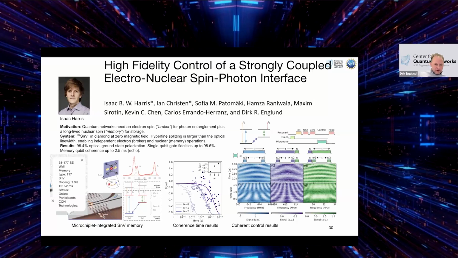So here we have one of these photonic integrated circuits from MIT Lincoln Laboratory that I showed a little while ago. Here's the diamond chiplet. We have an optical fiber array that couples light to a diamond waveguide. And inside the waveguide, we have color centers. In this case, these are tin vacancy color centers. Here we have the ground state